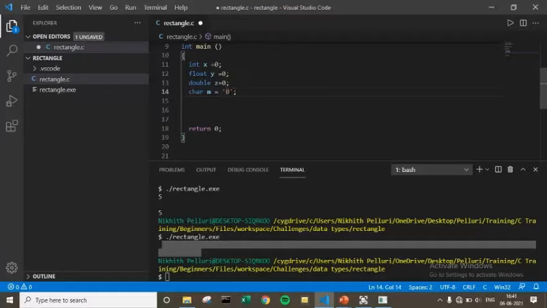For the 0 character, the ASCII value is 48, for the 1 character, the ASCII value is 49, something like that, and hence always put them in quotes.